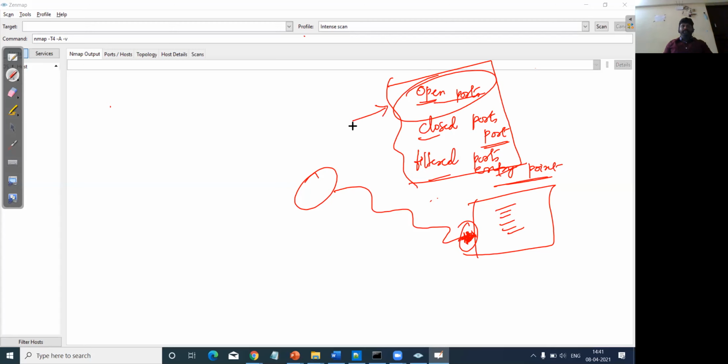So the open port is the entry point through which the attacker will try to enter your machine. Once he gets the complete information about your device, he will illegally try to enter. He will find a loophole and then enter your computer. After that he will try to take complete control of the device, right?